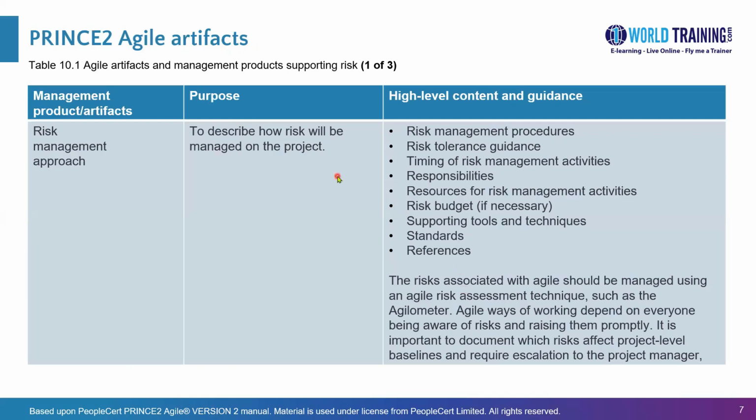But first, some of the Agile artifacts, or all the Agile artifacts, in the risk practice. To begin with, we have the risk management approach. It's more like a risk management plan for the project in terms of how the risk will be managed. So it should have guidance on the risk management procedure or the technique that we noted earlier. And things like how much the risk tolerance is, because there need to be response actions in place which will bring the risks at least below that tolerance level.